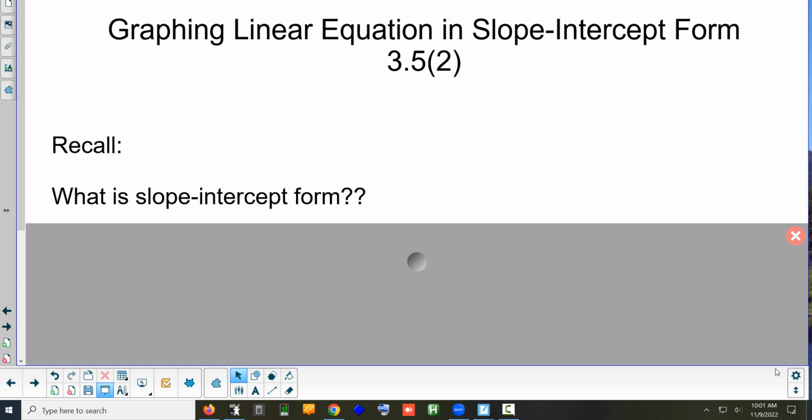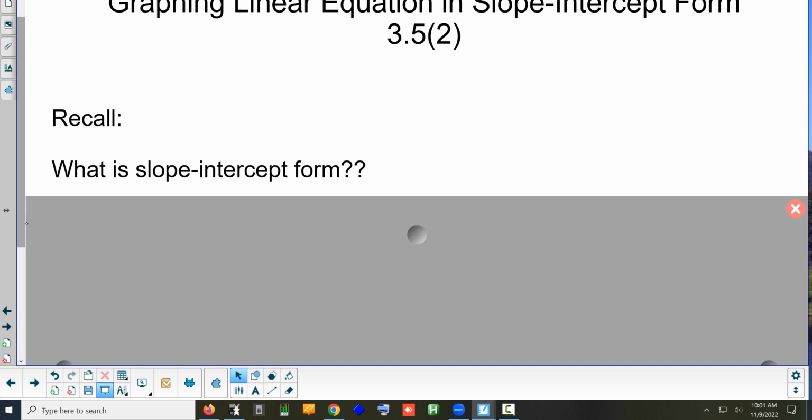It's the last thing we're going to do this week. It's still the same section we did yesterday. It's just the second part of the section. So 3.5, part 2. Okay, first thing, can somebody remind me, and we did this in the warm-up, what does